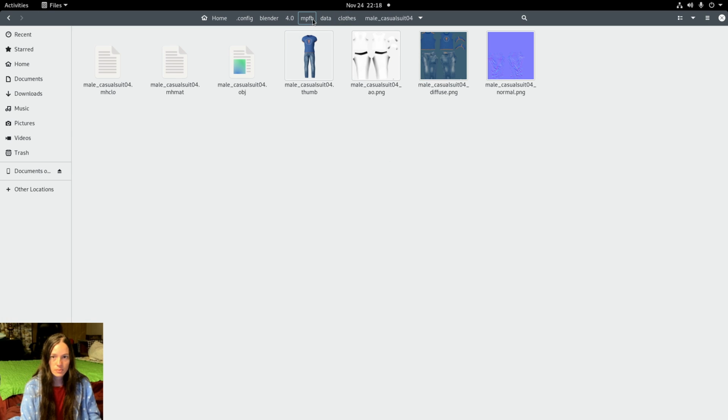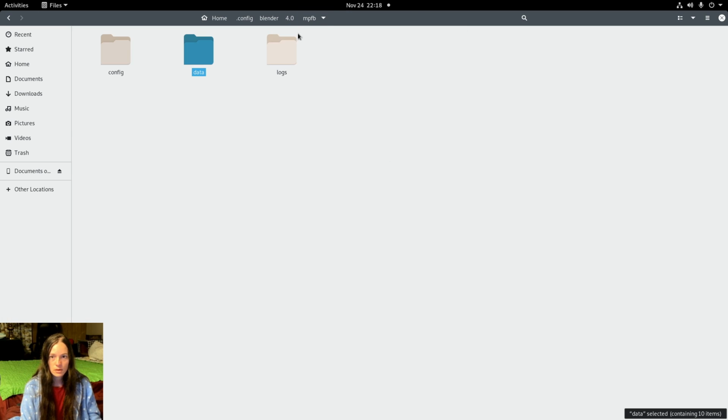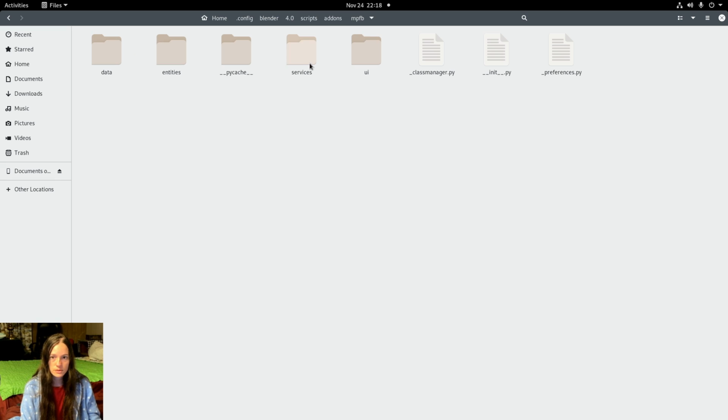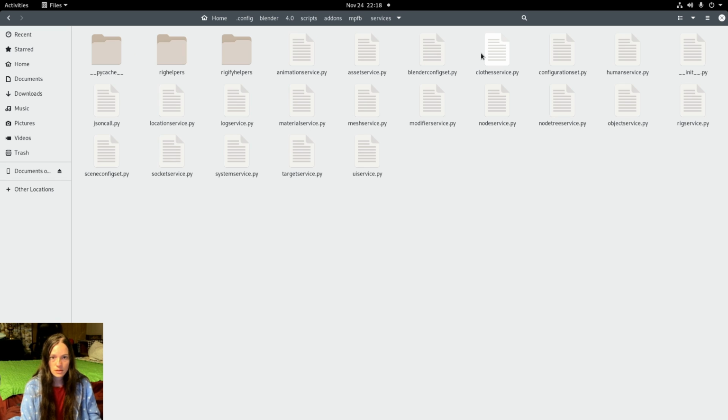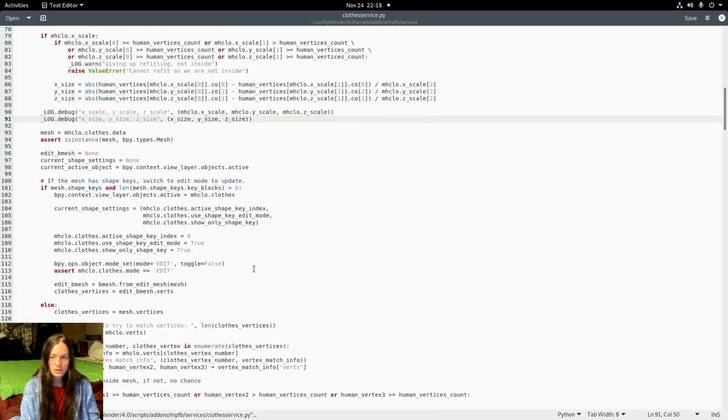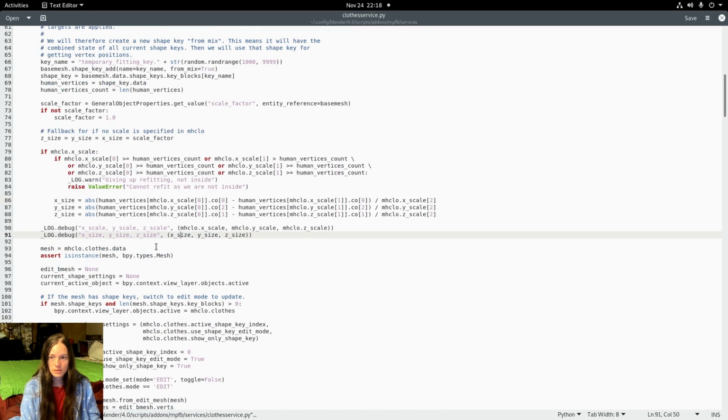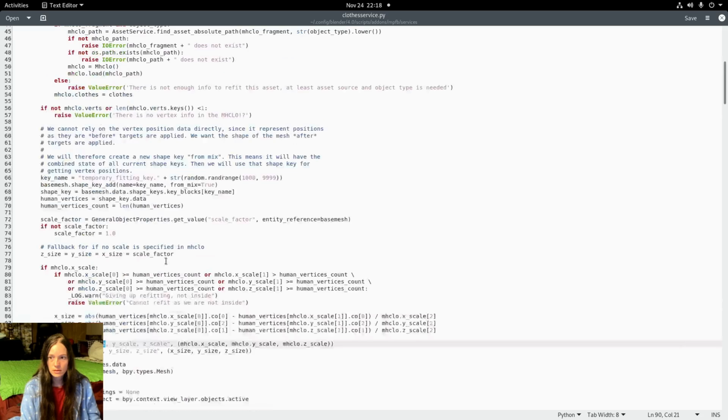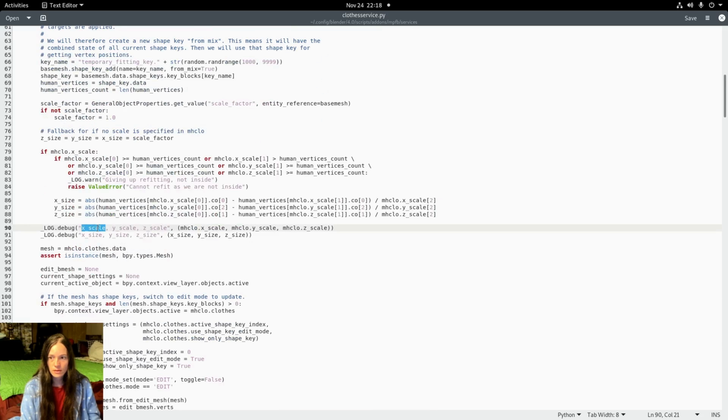And in the plugin folder, I did find the clothes service.py, and it looks like they are calculating the scale here by dividing it by the human vertices. So I didn't really know how to get the original values for all of that,